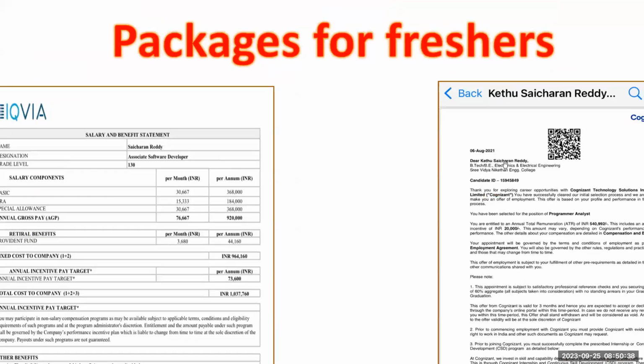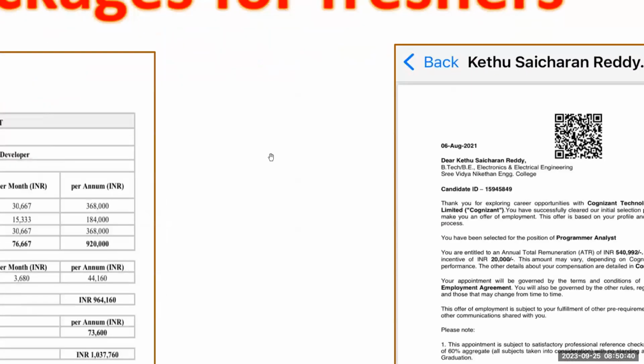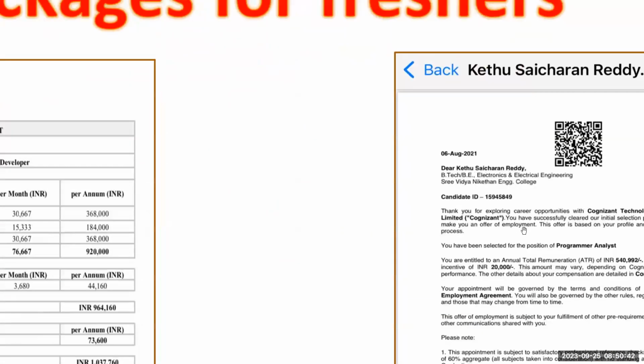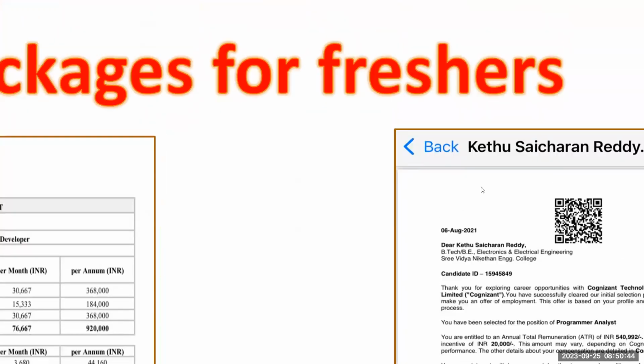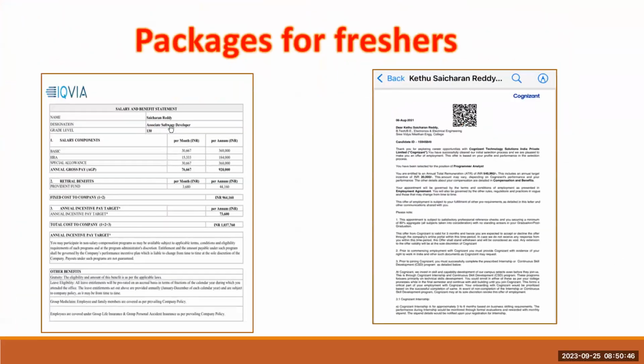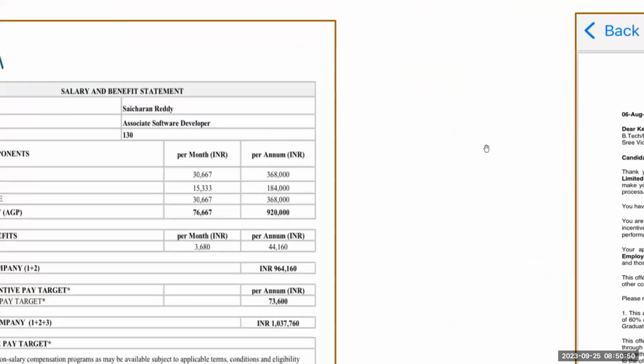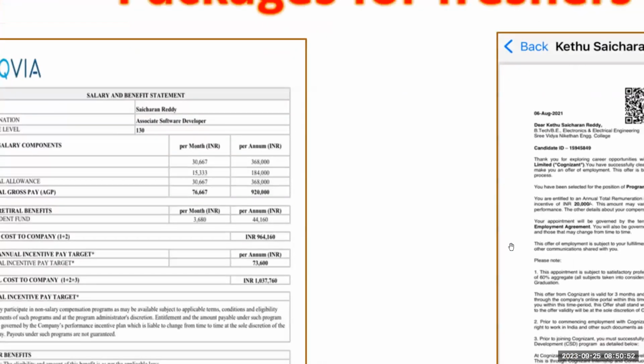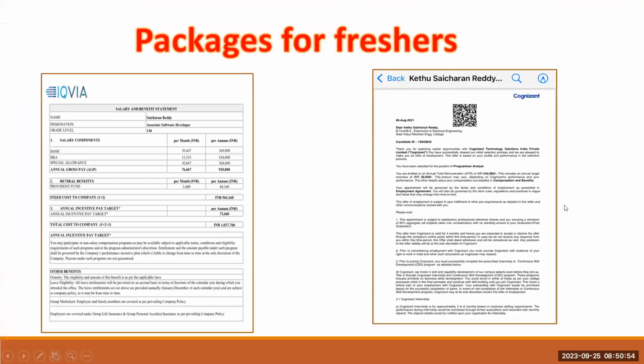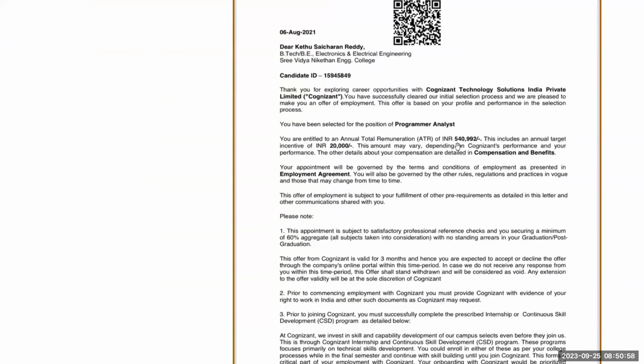If you want, you can compare. And in Cognizant, they offered 5,40,000. As a fresher, he got this much package.